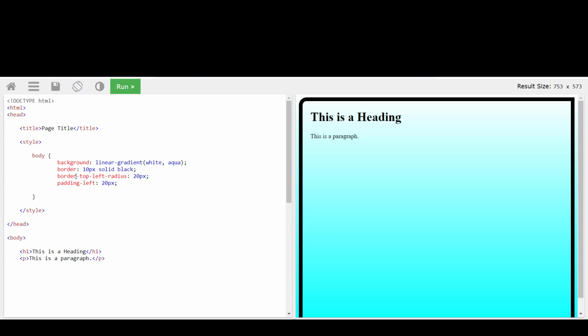And of course if I said top right radius, then I would get it on the right hand side as well. So that's how you could add a border to your page. Again, another example of CSS improving the look of a web page. Now let's have a look to see how we can use a bit of CSS code to alter the look